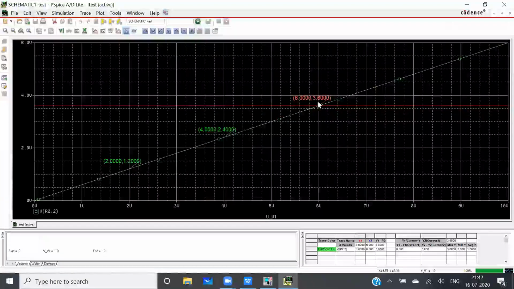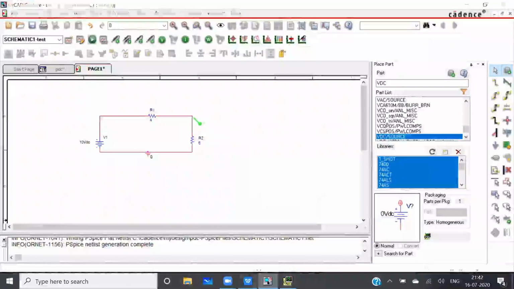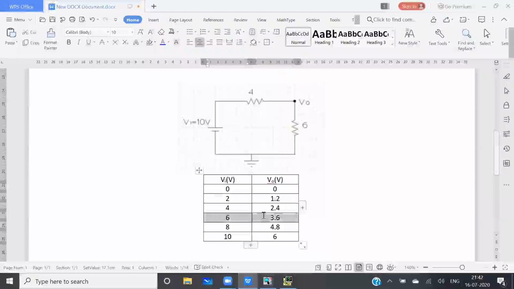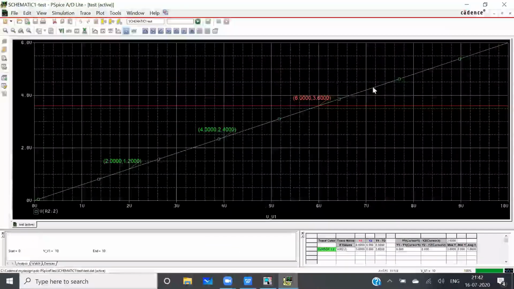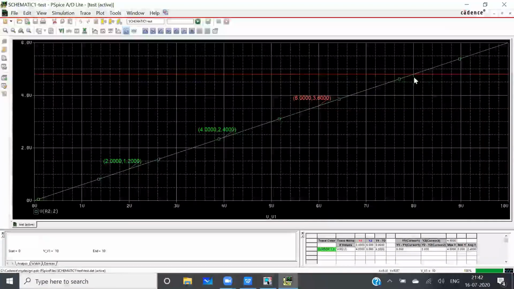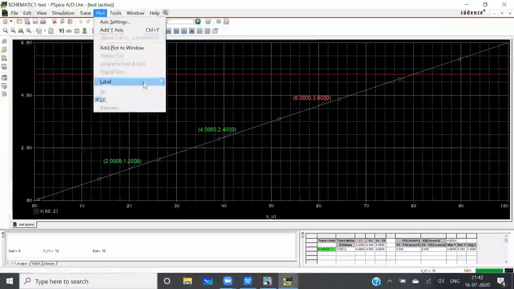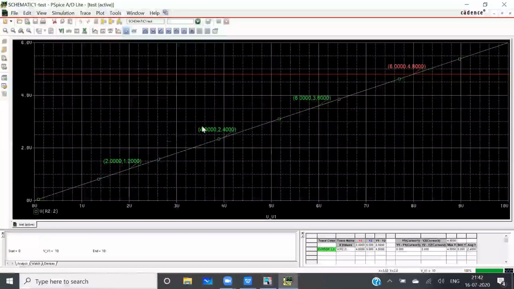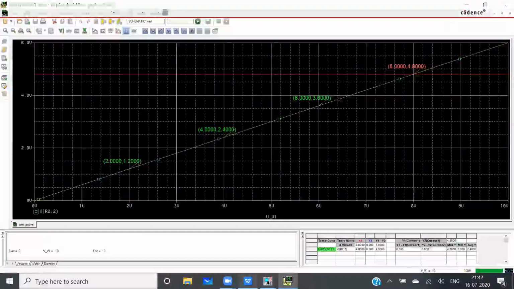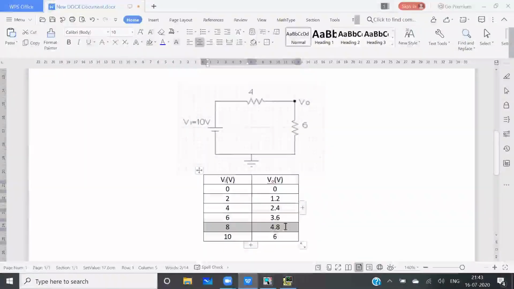If input voltage is 6 volt, output voltage is 3.6. Similarly, if we go to this 8 volt, again plot, label, mark. If input voltage is 8 volt, output voltage is 4.8. This one.